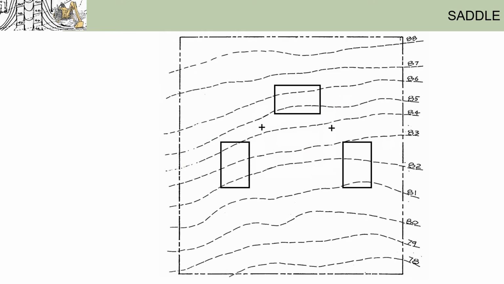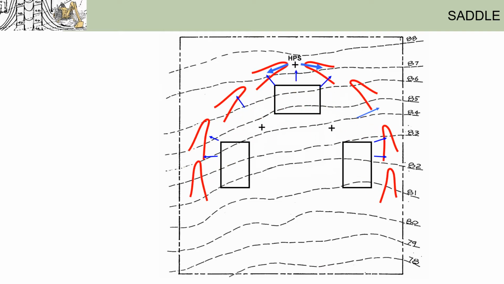Now, knowing that we need to create saddle points between the buildings, let's sketch out what the contour patterns need to be to create the saddle points. Let's do it in a highly conceptual way for now. First, you all know now that we need a big swell that goes around the entire site that would look something like this. Next, the saddle contours need to look like this to run water away from the building